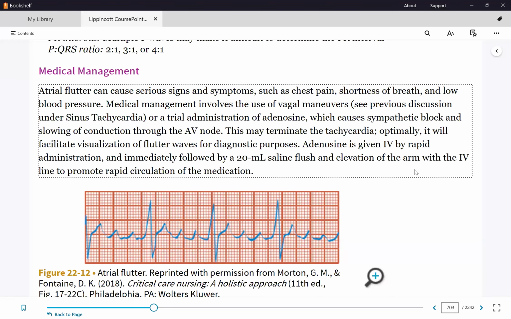Okay, so this question has been transferred to your final exam. What's the question? Adenosine is a drug